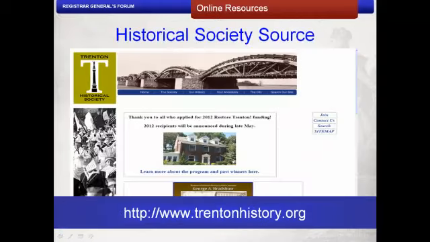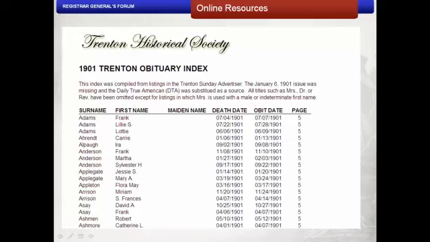The Trenton, New Jersey Historical Society provides us with a good example of a historical society with genealogical resources. They have many resources, including transcriptions of Trenton city directories. They also have an obituary index for Trenton newspapers complete from 1901 to 1934 and for partial years 1964 to 1993. The index can be used to locate copies of the complete obituaries yourself on microfilm. There are also instructions for ordering obituaries from the Trenton Historical Society for a nominal fee.